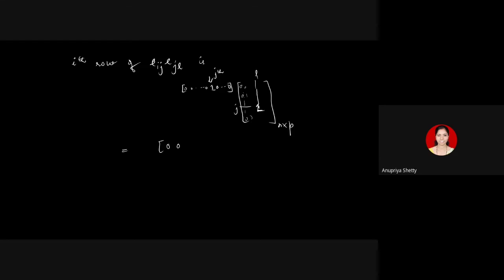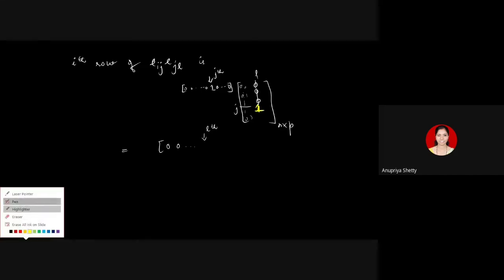But when this is multiplied with the nth column, what is going to happen? That is when I come to the nth position, when this row is multiplied with the nth column. How is the nth column? All zeros, but it has an integer 1 present in its jth place. And what happens?